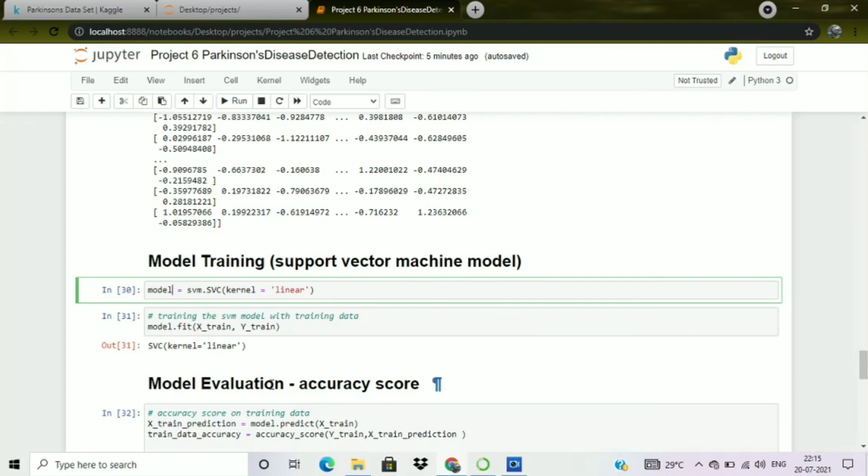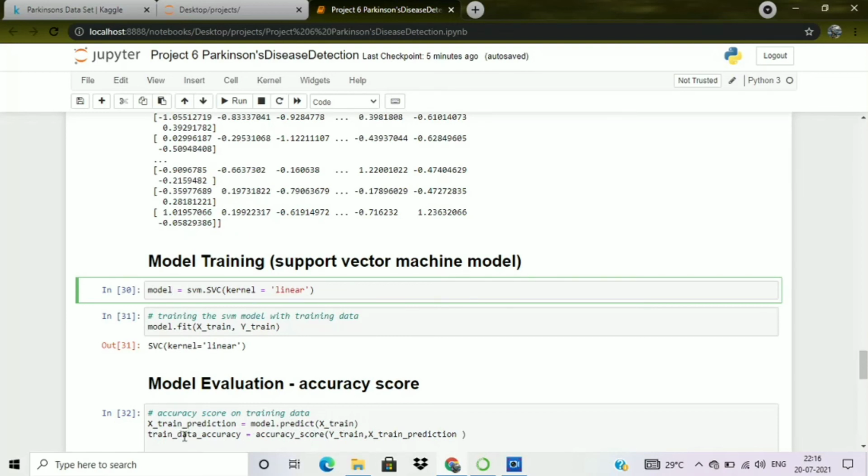Now we will evaluate our machine learning model and check the accuracy score of our model. We are calculating the accuracy score on the training data here. We have created a new variable, X_train_prediction, and we use the predict function on the X_train data here.